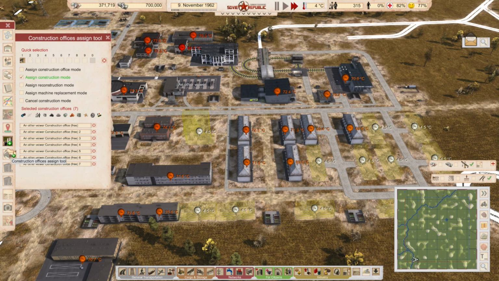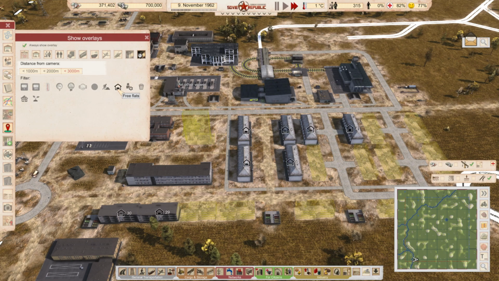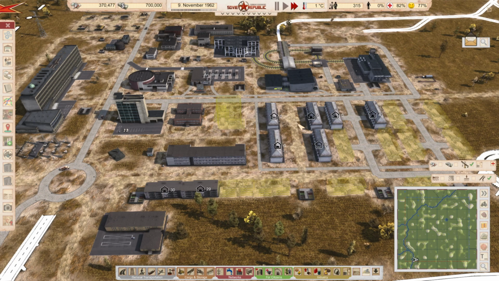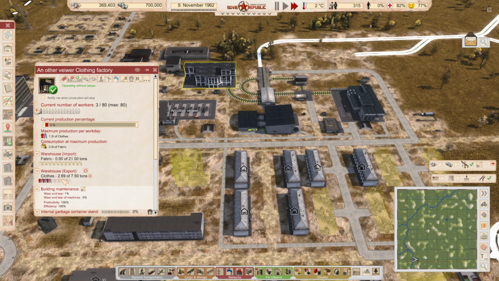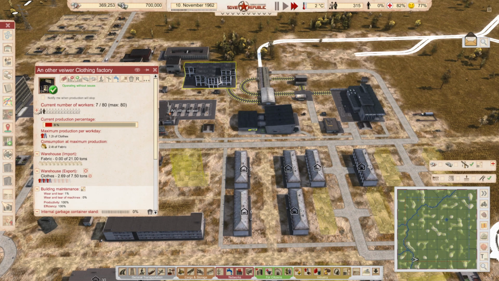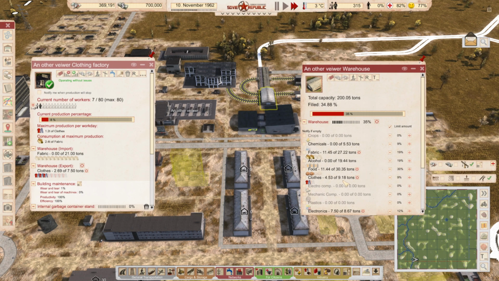And let's also turn off that one here. We would rather like to see these. And how are we doing with production here? Are we still filling up here? Or are we filling up clothing in here now? We are filling in clothing in here now. So that is good. So that means when we get over